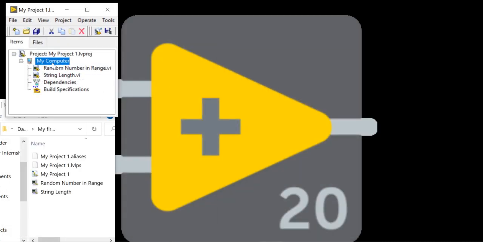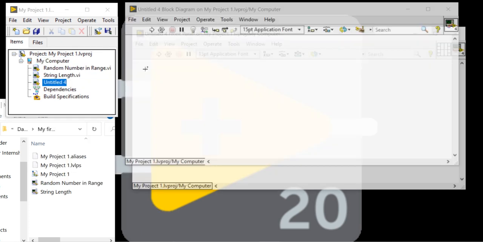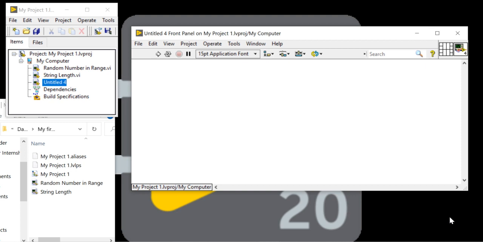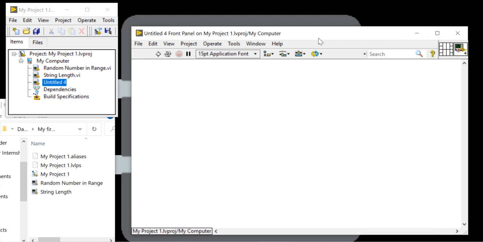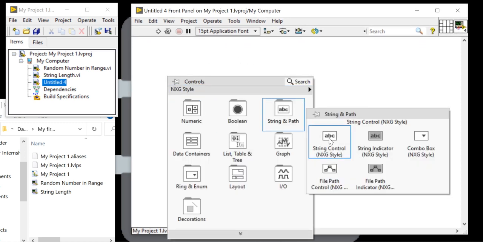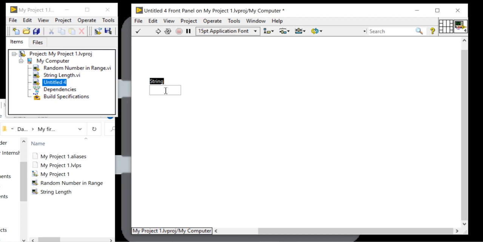Now right click, take a new VI. I think you have seen this kind of arrangement in LabVIEW. Whenever you try to apply a form, you find this every time.